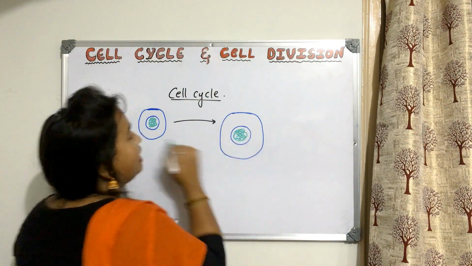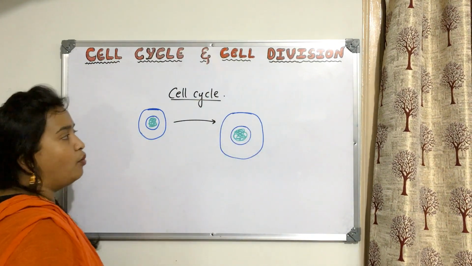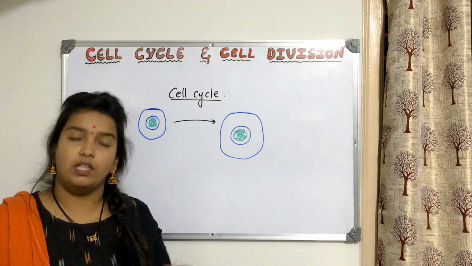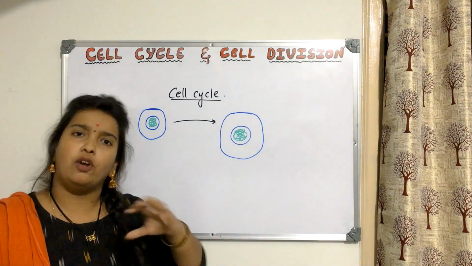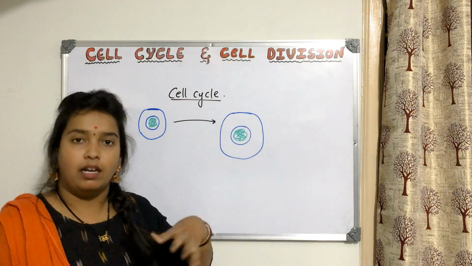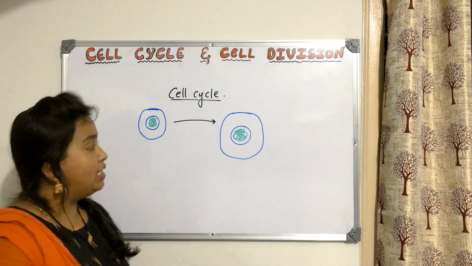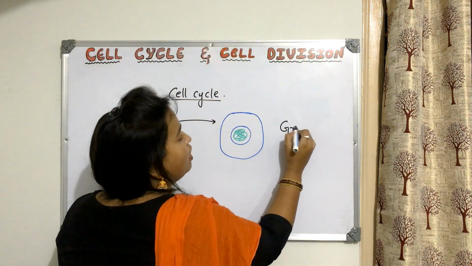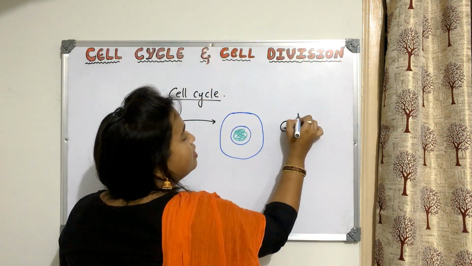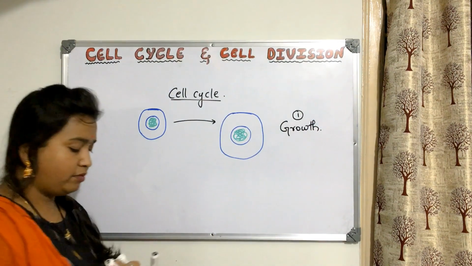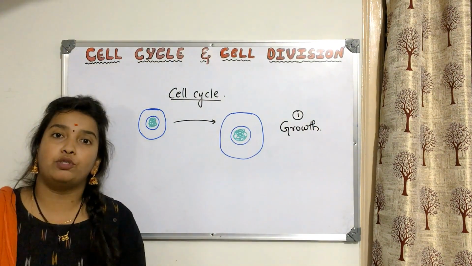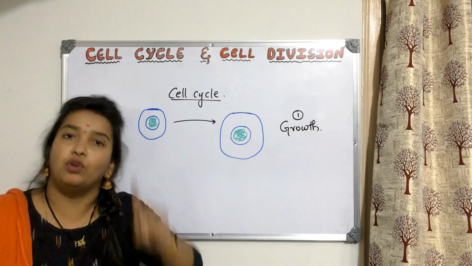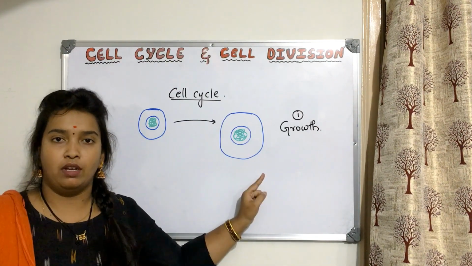It was a normal cell. What happened here? What is happening is the cytoplasmic content, the cellular organelles, and all those are increasing in number. So this is called growth of the cell. What do we understand? This is called growth of the cell. This is the first thing that should happen. So the cell needs to grow. If it needs to divide, first it should grow in its size.